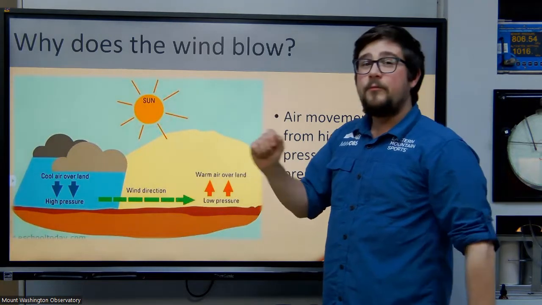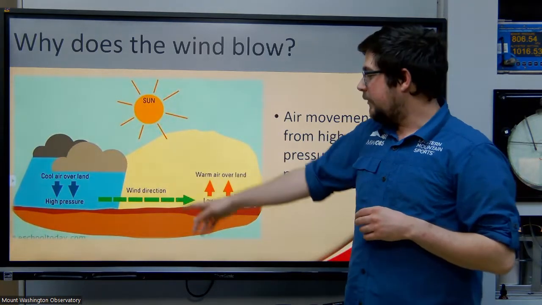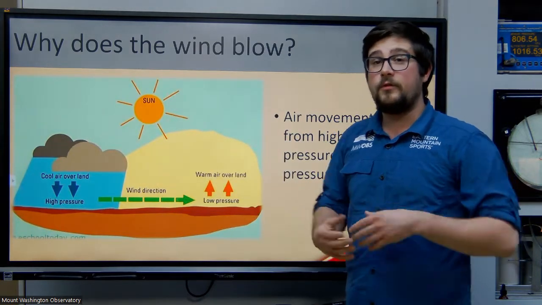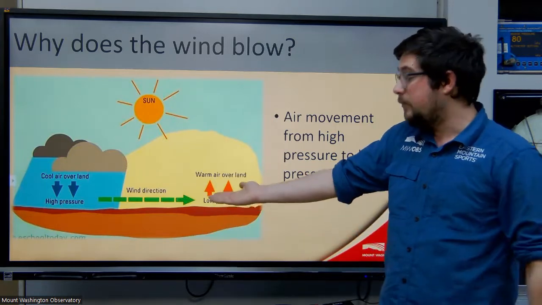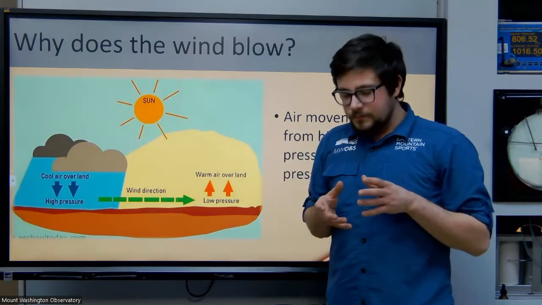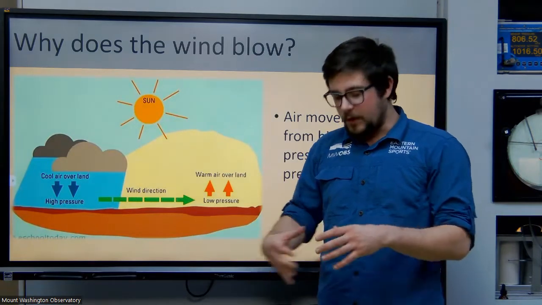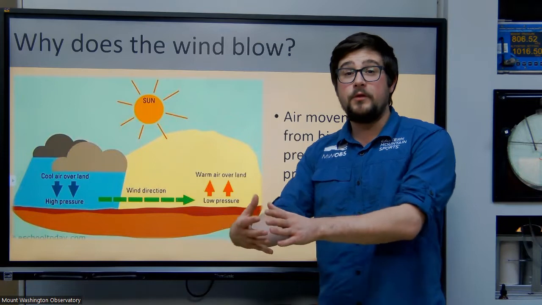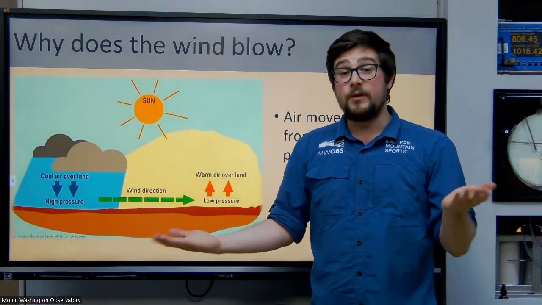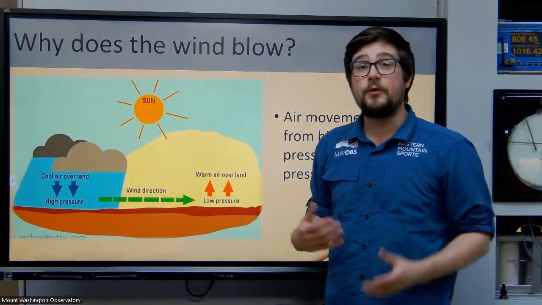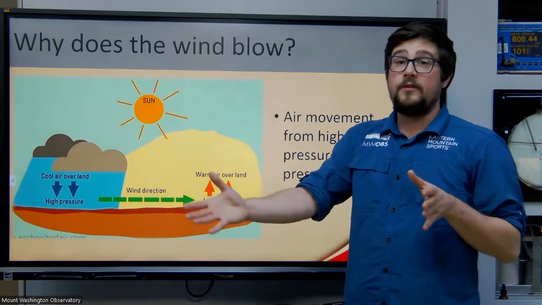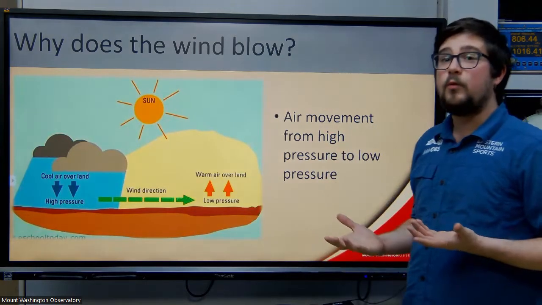And that force is called the pressure gradient force. The greater the difference between the high pressure and low pressure is, the stronger those winds are, the quicker the air wants to fill in the vacuum left behind in the low pressure. You can think of air a little bit like water. When you pour water out into a pool, the water doesn't just all stay in one part of the pool, does it? No, of course, it spreads out throughout the whole pool and fills it up evenly. Air is a similar thing. It's a fluid, and it's going to go from where there's more air to less air, trying to fill those gaps. That's pretty much how wind works.